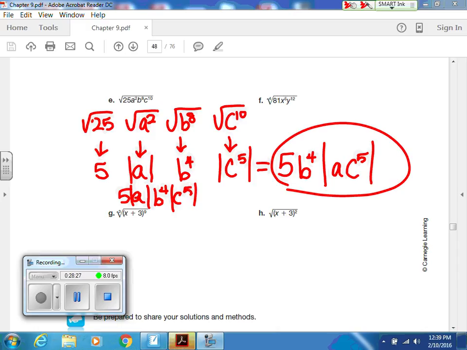Okay, good. Now the only one I want you to look at is G, the cube root of x plus 3 to the 9th. This one's really easy, but because it's got that x plus 3, everyone's dying. It's not. It's just x plus 3. How many times does 3 go into 9? That's your answer. Everyone has had a stroke today at this problem. It's super easy. It's probably easier than this one. Because it's all of this being taken to that power, the whole thing, and we're just dealing with exponents. All right, look at the pages that you tore